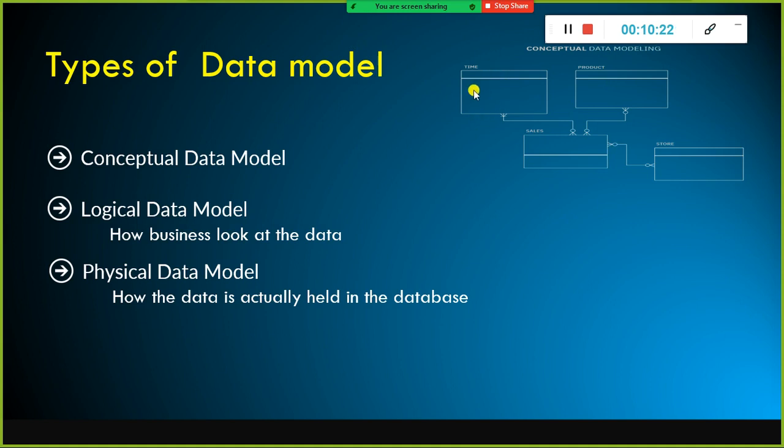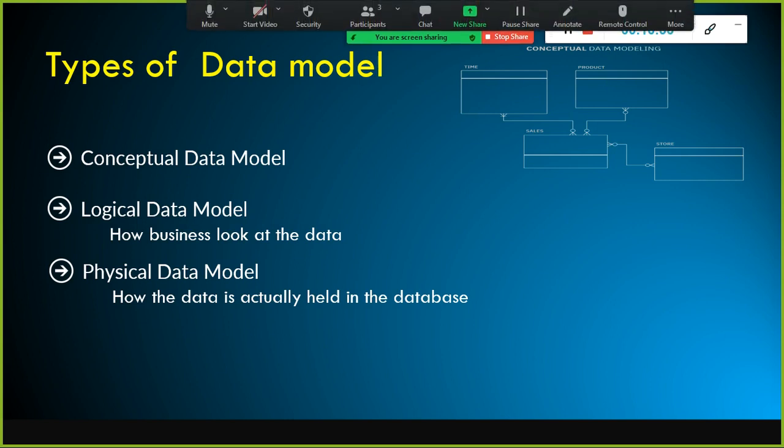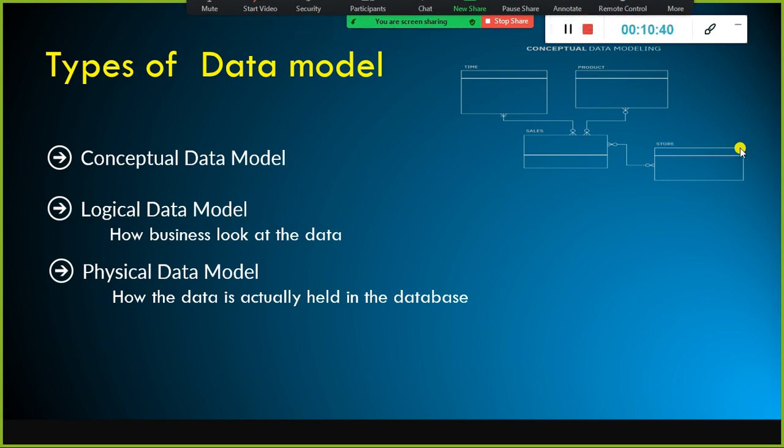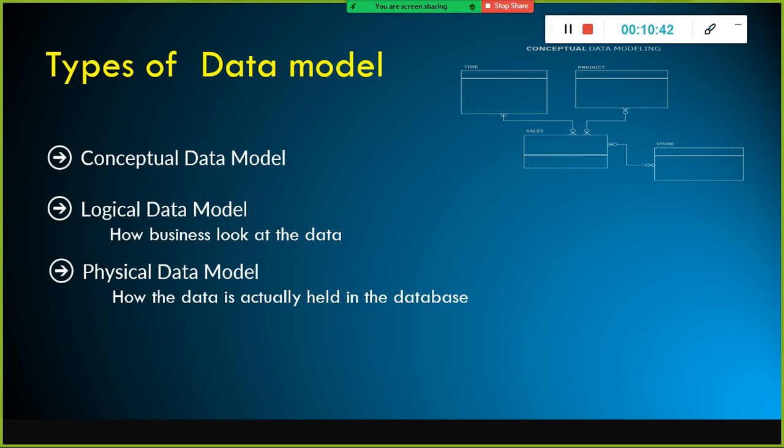In that case, you need to have time, because it's all time based: week on week, month on month, quarter on quarter, year on year, or day by day. Today and yesterday's sales, they want to compare. So time, product, store and sales, these four entities are required in order to come up with a solution for this specific use case. This is a report, a business query requirement. Different companies use different terms. You just think that this is one of the requirements, or one of the use cases.